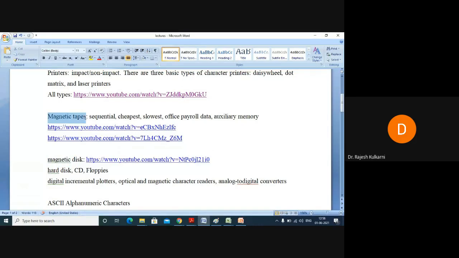So similarly, this magnetic tape or magnetic disk also falls under the same category. These are all storage devices, whether it is magnetic tape or magnetic disk. So let us see what a magnetic tape is. We know that magnetic tape is an auxiliary memory device. It's a secondary storage device. It's a peripheral device, and this stores data in a sequential fashion. While the magnetic disk stores data not in a sequential fashion but in a random fashion. So it is the cheapest, slowest, and it is a legacy one.